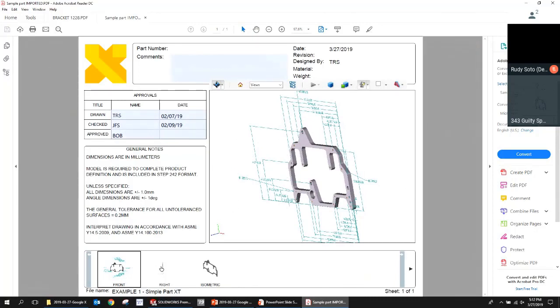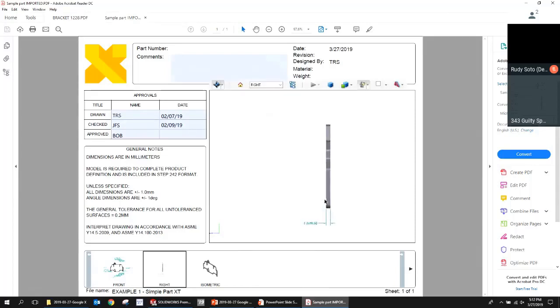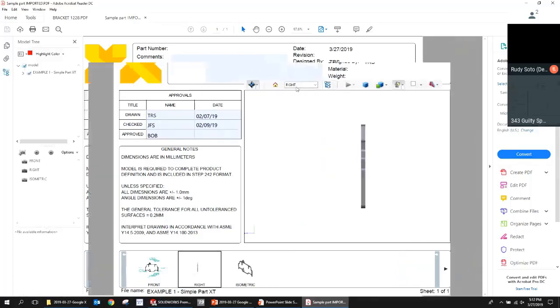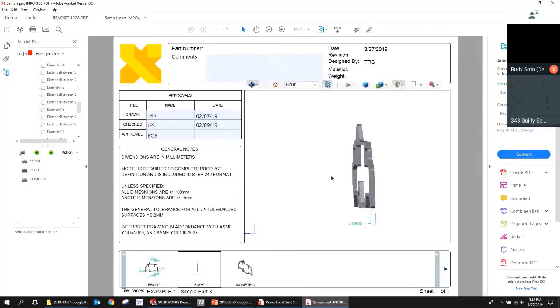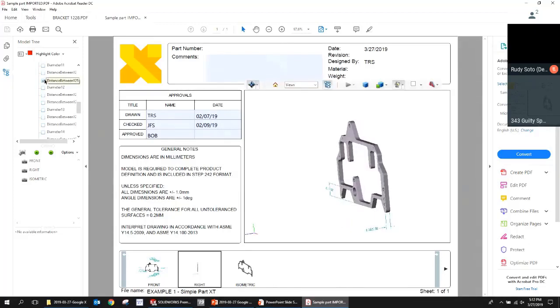Correct. Yep, that's correct. They are all embedded though as objects in the PDF tree. So there's this 3D PMI that actually contains all of the dimensions. So even though they aren't showing up here, there is a way to get them to show up. Great questions.